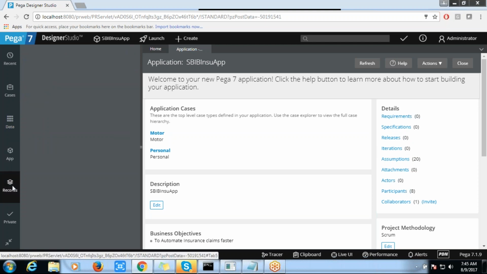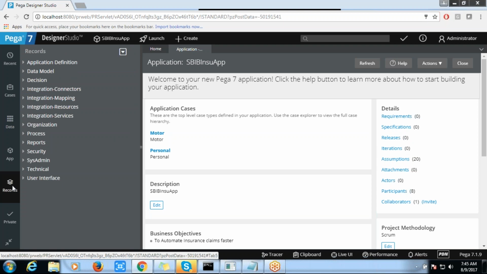So here the records are like we said, right? PRPC is going to come up with a lot of available resources. So what are the resources which are available? Whatever the resources which we are going to reuse or extend, all those resources are available here. We might be using any one of these from here, or we might be extending from this particular route instead of developing everything from scratch.